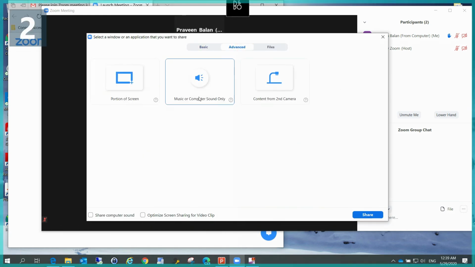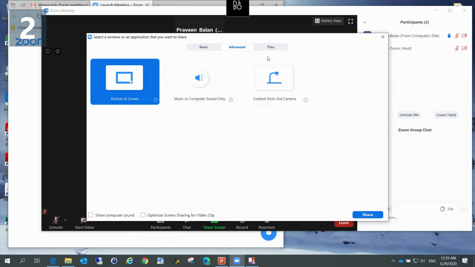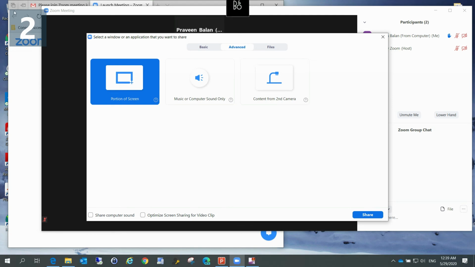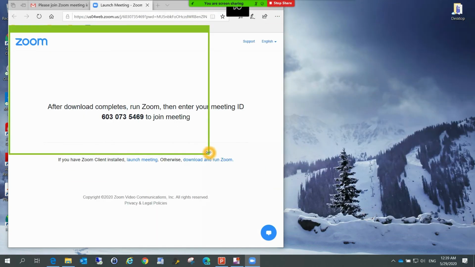I can choose what to share in a very controlled manner. But this is not available on mobile or tablets. The controls are more extensive on a computer when you use a computer for joining a virtual meeting. What I find more interesting in sharing is that you can even choose a portion of your window to share.